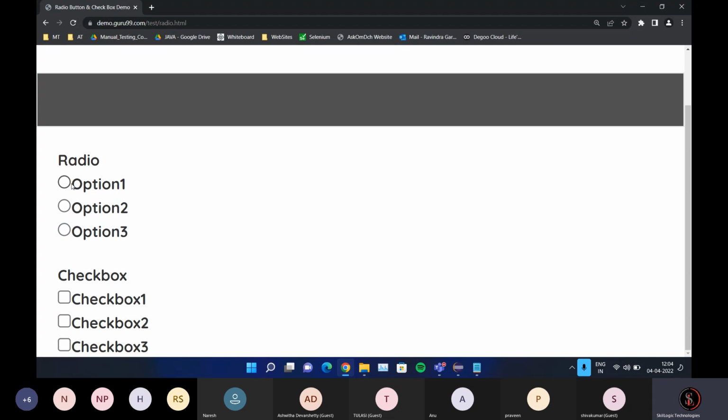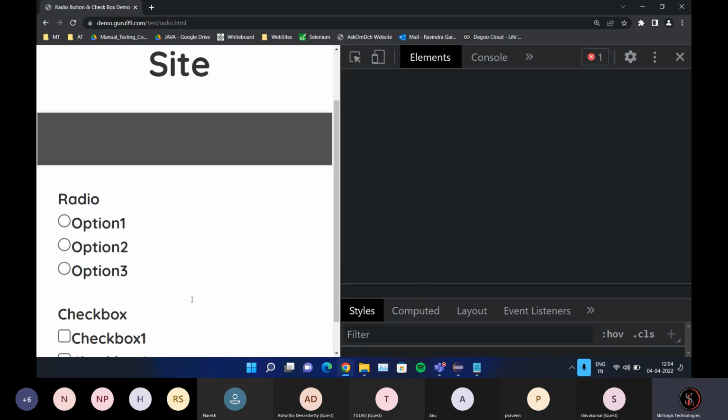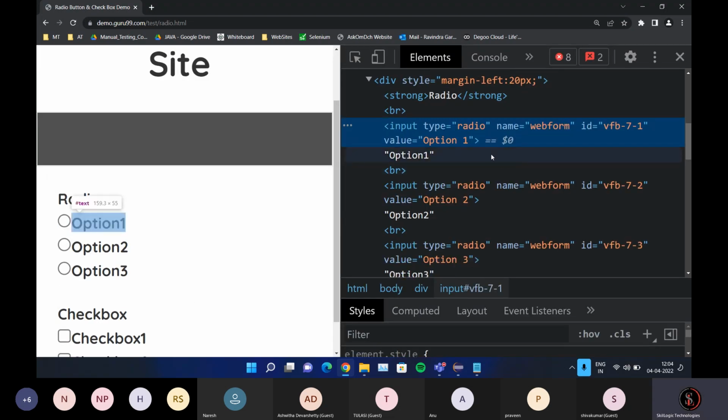I want to click on the option 1 radio button. For this, first I need to inspect this radio button. So right click and click on inspect. If you see, I have already shown HTML previously: input type is equal to radio. Here, if you see input,